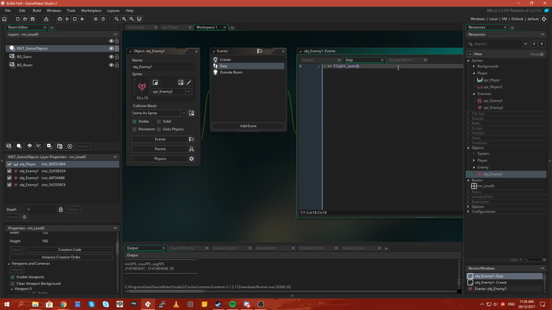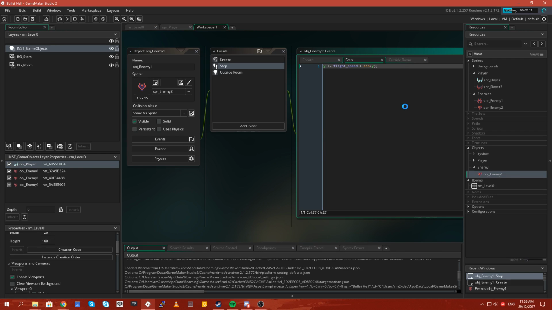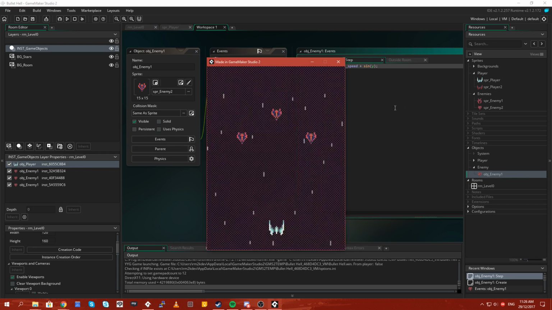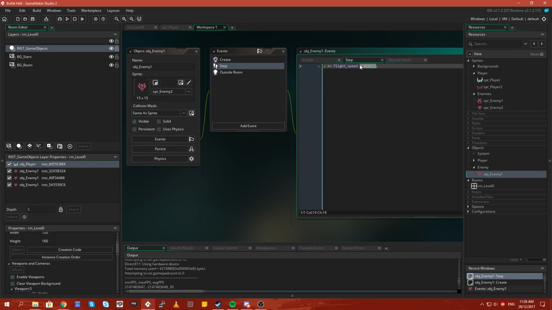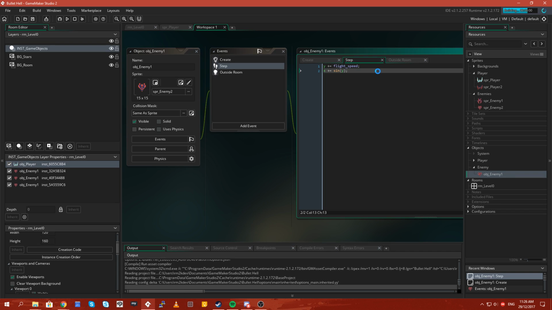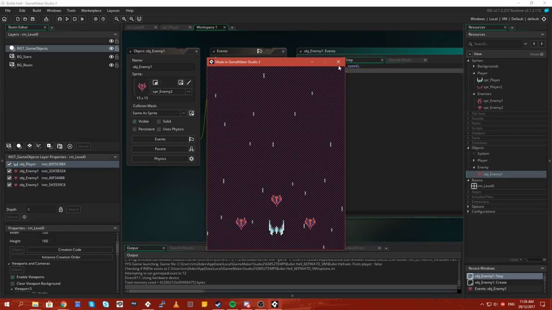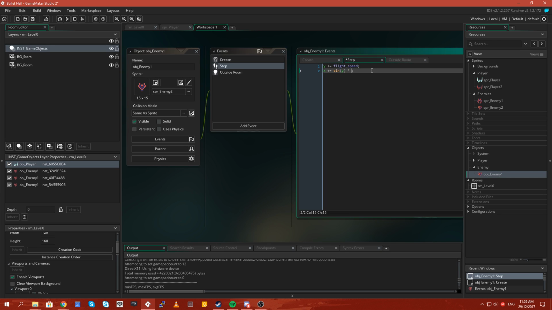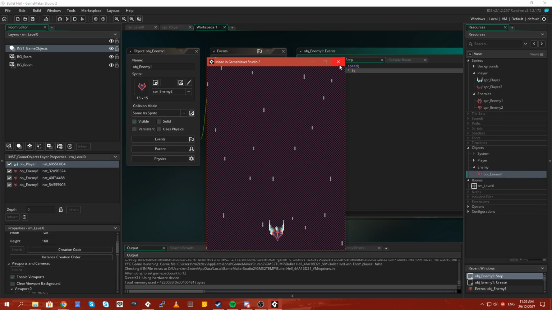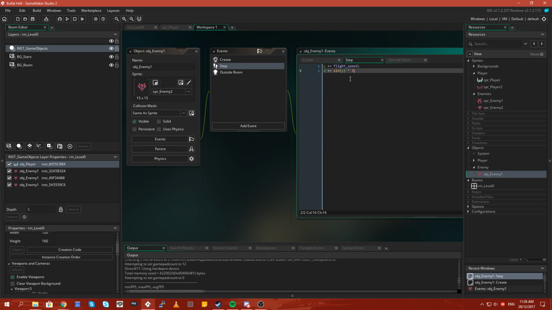And if you want to make them wobble, this is kind of simple, but you can just add sine Y. So you add a sine wave to it. You can multiply that by however much you want them to... Oh, sorry. You need to do that to their X. X plus equals sine Y. Let's have a look at that. Right, see, they'll wobble left and right. Now if you multiplied that by, say, 5, then their wobbling factor would be, well, you get the idea. That's how we get them to move left and right. Obviously, they're not moving smoothly to those positions, but that's how we add a wobble to them.